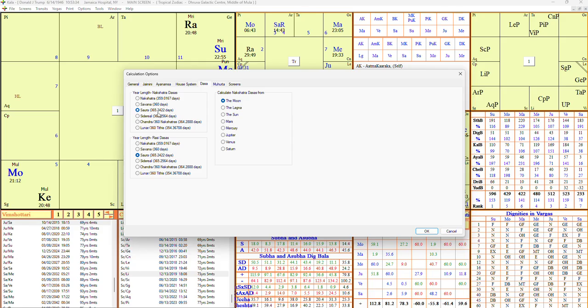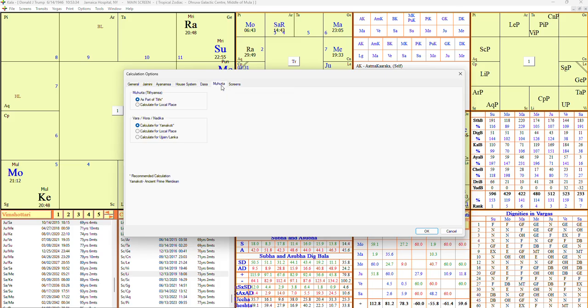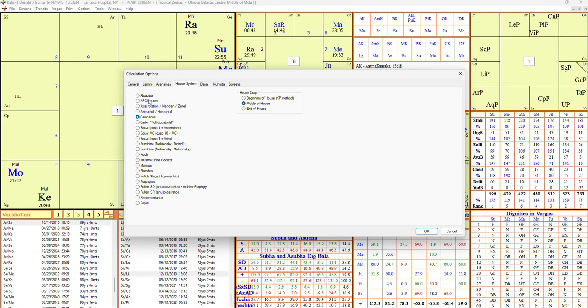For dashas, there are different ways to calculate the year length for nakshatra or Rashi-based dashas. Different things for Muhurta. All sorts of different house cusp systems. I like to use Campanus, which is what Ernst has. I use the default of the Ernst Wilhelm settings personally,